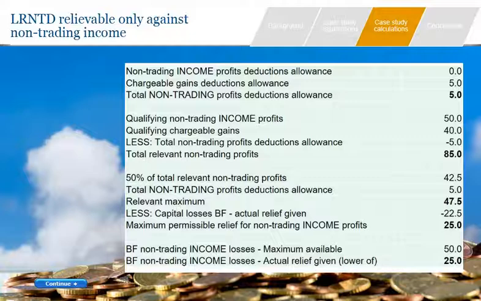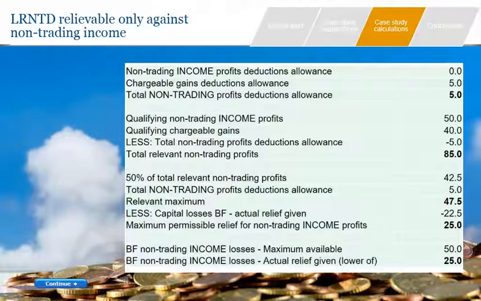The slide sets out the calculations required, starting with aggregation of the chargeable gains and non-trading income profits deduction allowance. In the case study, you will see that the total non-trading profits deductions allowance is £5 million. This is deducted from qualifying non-trading profits, both income and gains, to give total relevant non-trading profits of 85 million. The relevant maximum here is 47.5 million, being 50% of that amount plus the non-trading profits deduction allowance of 5